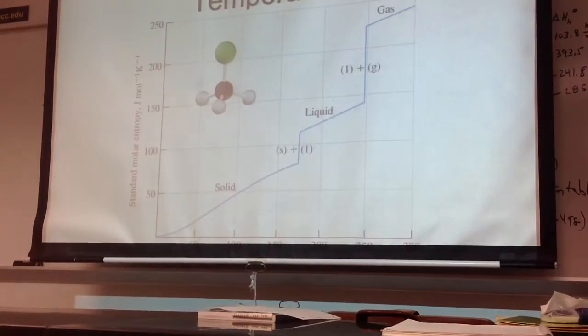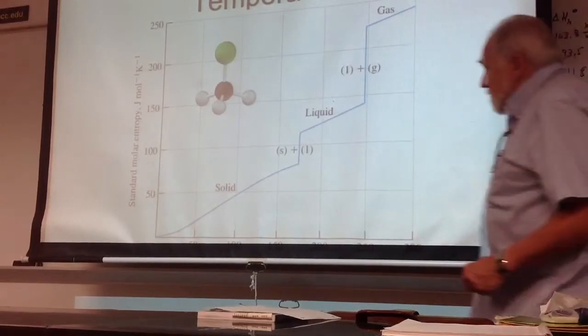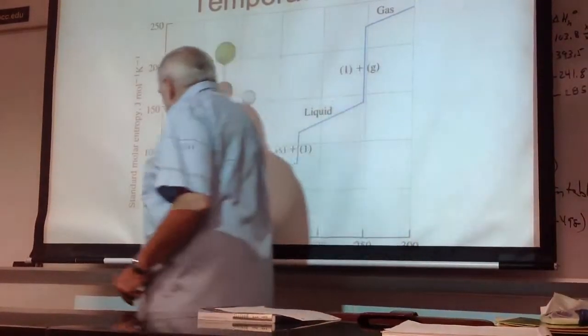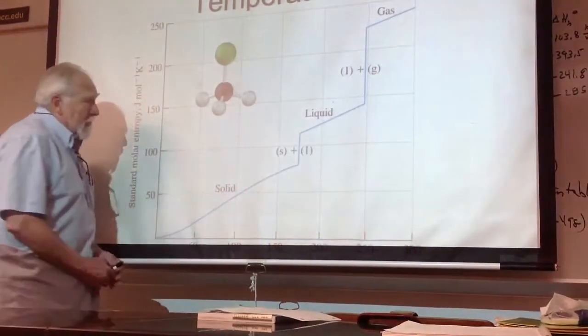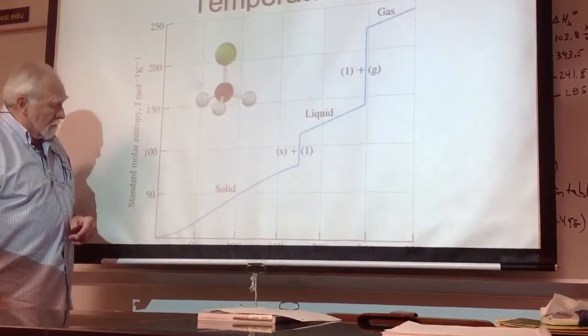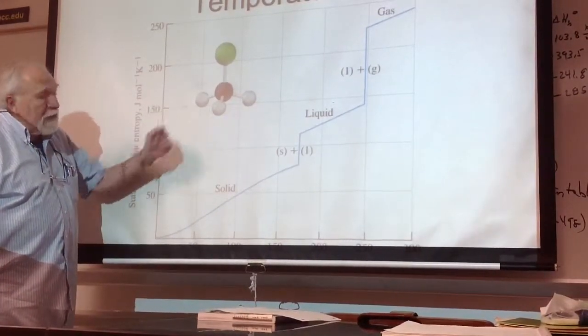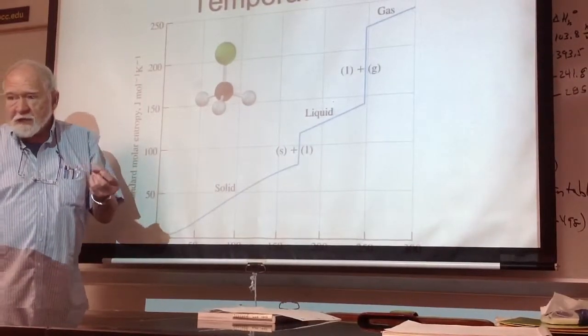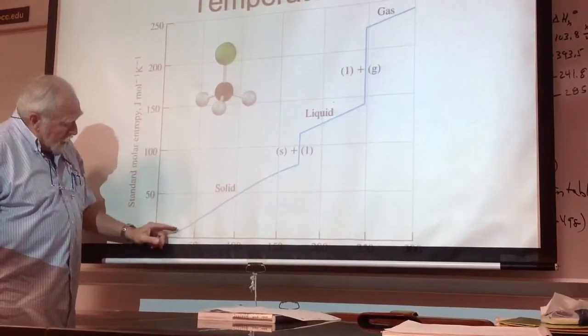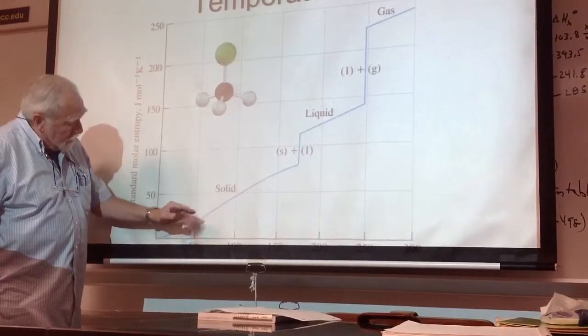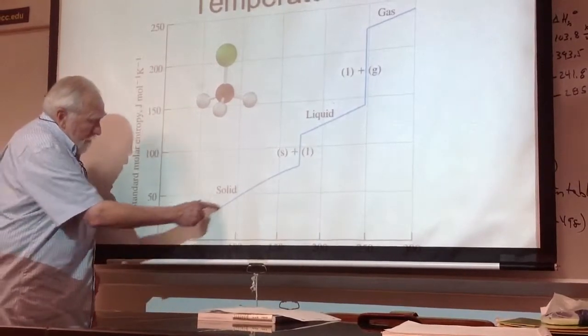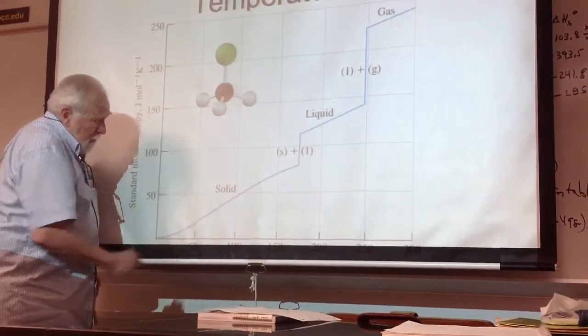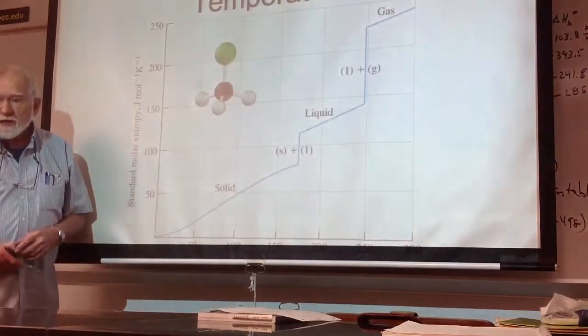But this is how we do it. We start at absolute zero, and we know the entropy is zero there. He's taking this particular molecule, it doesn't really matter. We know the heat capacity times the temperature change gives you the heat change. And so we can calculate anywhere along this line. We just do an integration going from 0 to whatever temperature it is. The area under this gives you the entropy change.